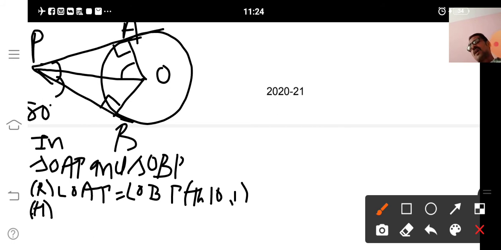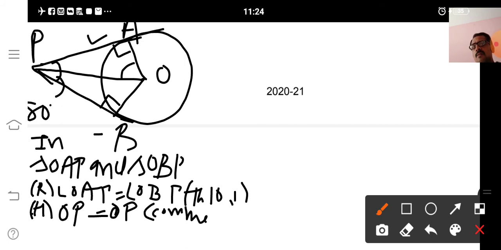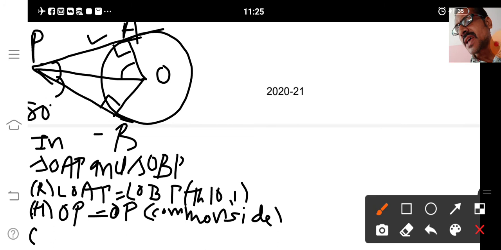According to RHS, next should be hypotenuse. तो हाइपोटेनस ऑफ बोथ ट्राइंगल शुड बी इक्वल. अब OAP में हाइपोटेनस कौन सी, चेक करो. हाइपोटेनस मतलब साइड अपोजिट टू राइट एंगल. OAP में राइट एंगल A को हाइड करो तो कौन सी साइड दिख रही है आपको? OP. OBP में राइट एंगल B है, B को हाइड करो, कौन सी हाइपोटेनस दिख रही है? OP. So both are having a common hypotenuse side, so obviously it will be equal. So reason will be common side. Okay, common side, and RHS, S.